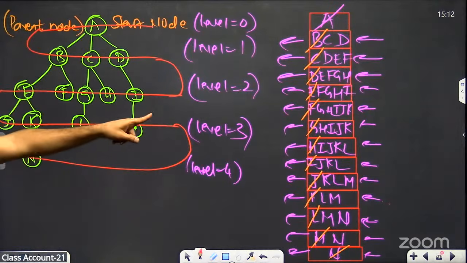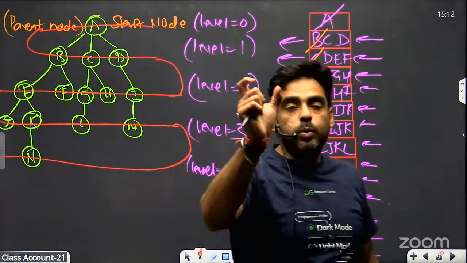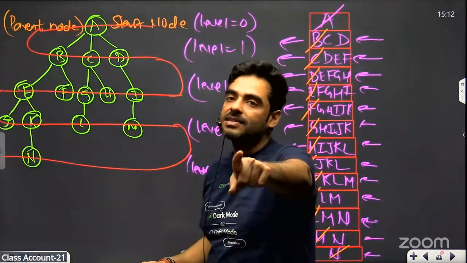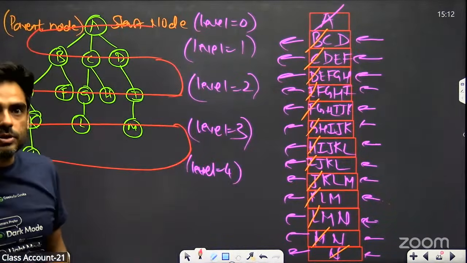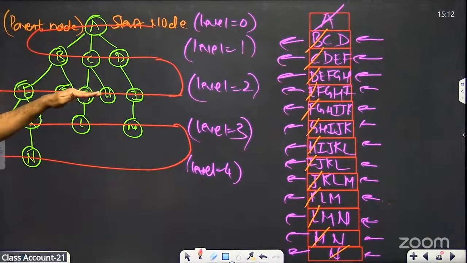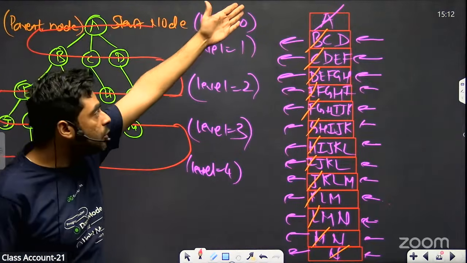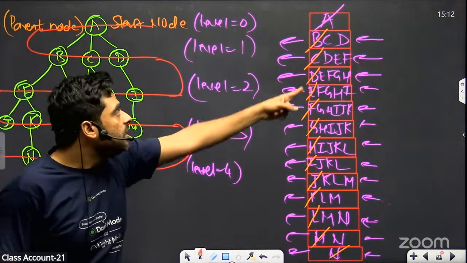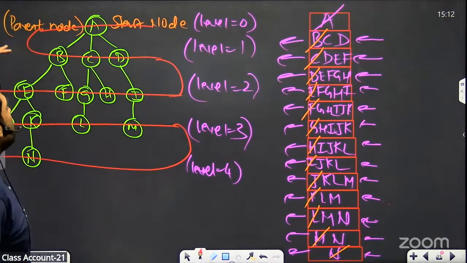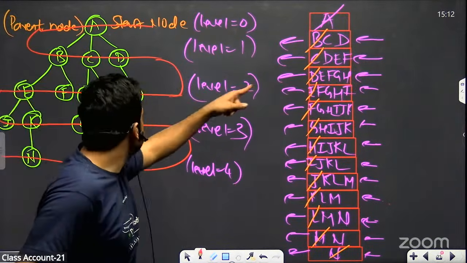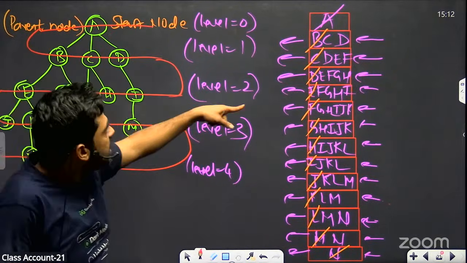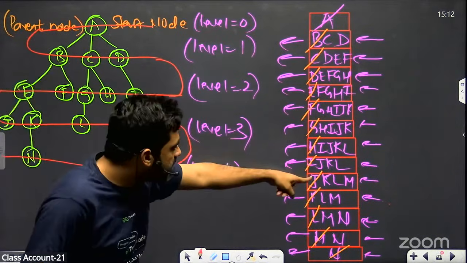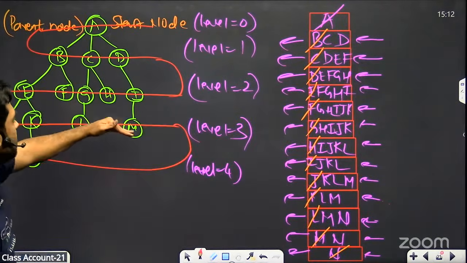So guys, this is basically working level by level. You have to understand this thing: the breadth first search algorithm is working level by level. See, what is the order of visiting these nodes? Firstly A, then B, C, D. Level 1 is completed. Then after that, E, F, G, H, I. Level 2 has been completed. Then after that, J, K, L, M. Level 3 has been completed.